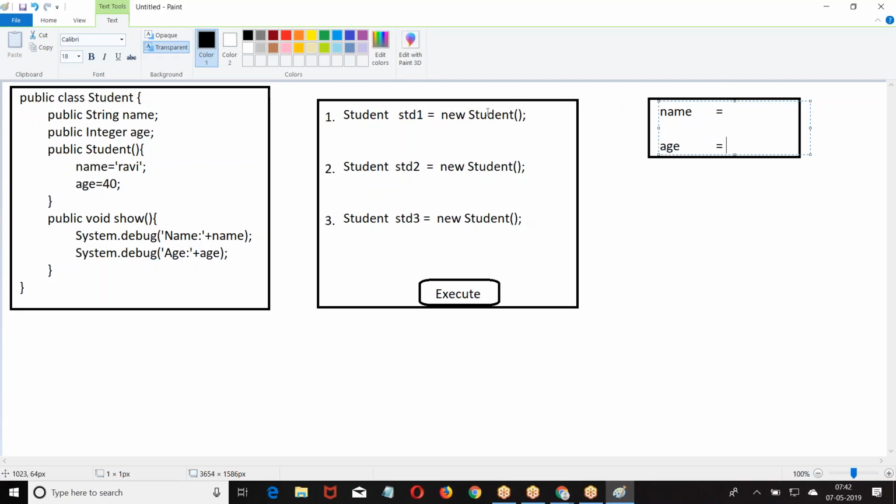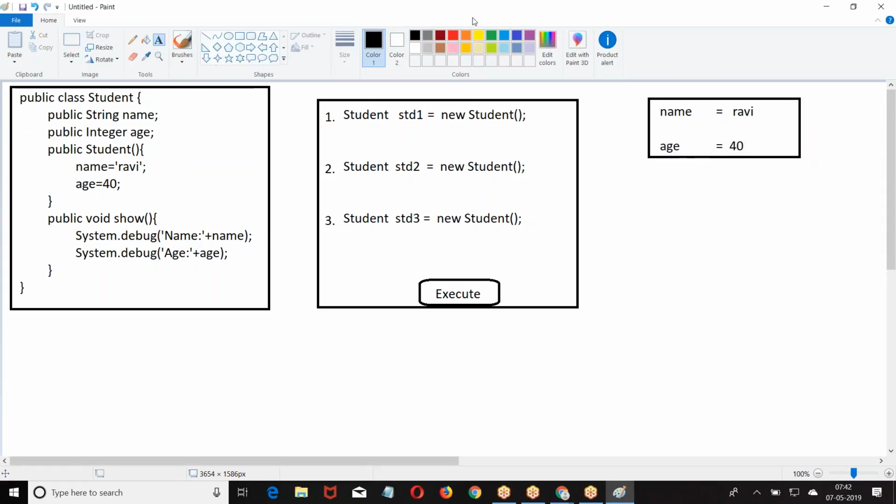After the memory is allocated, the student constructor is called. What is the constructor doing? It is saying name equal to Ravi. Now, did you call it manually? The constructor is automatically called after allocating the memory. So when an object is created, immediately the constructor will run. Right. Now after allocating the memory and running the constructor, whatever object is created, refer to this object with